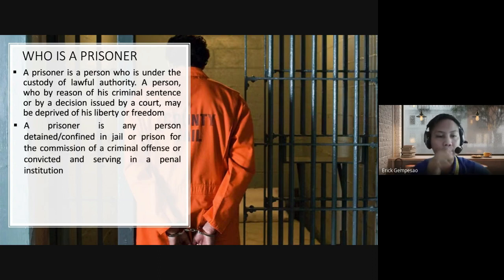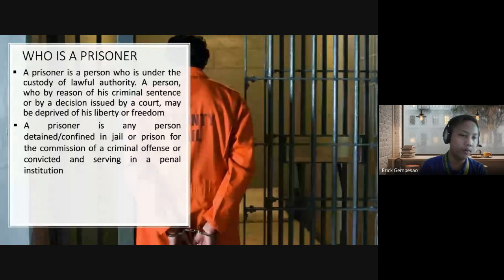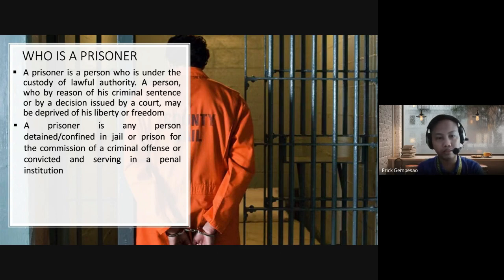Okay? So let's take another definition of a prisoner. A prisoner is any person detained, confined in jail or prison for the commission of a criminal offense or convicted and serving in a penal institution. Again, this definition is a legal definition. Okay? So a prisoner is any person, kahit sino, that was detained, confined, either in jail or prison for the commission of a criminal offense or convicted and serving in the penal institution. So again, a prisoner is not only those serving sentence but also those accused of a crime awaiting trial or under investigation, okay, or awaiting final judgment. Okay,